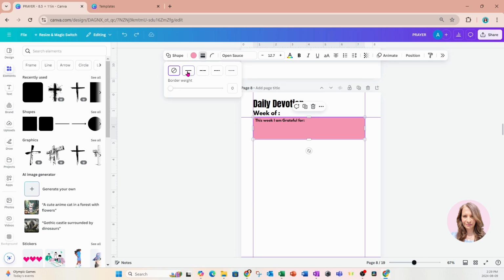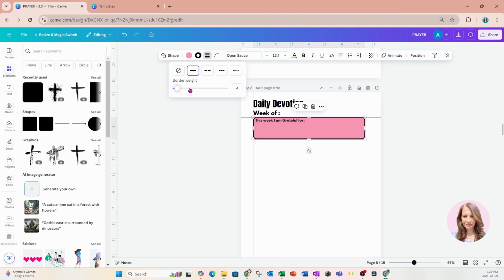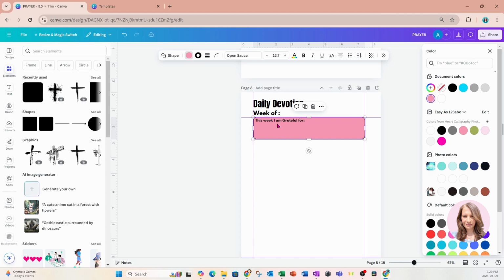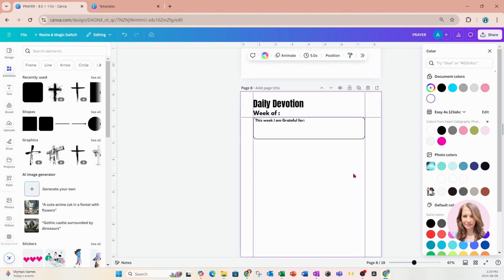I'm going to add a border, and for that border, I'm going to make it a little bit thinner, maybe a border weight of 2. And I'm going to change the color of that shape to transparent. Now that I have that ready, I'm going to go ahead and